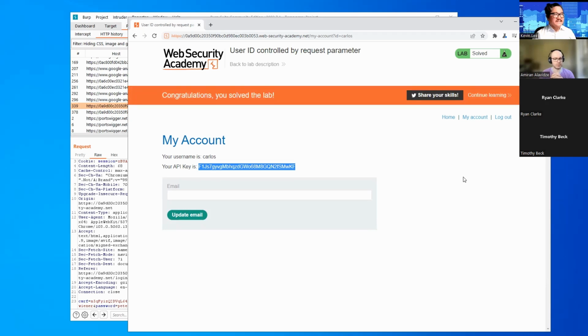And it says, congratulations, you solved the lab. If you managed to solve the lab by submitting the API key for Carlos, please type in keys stolen in chat.